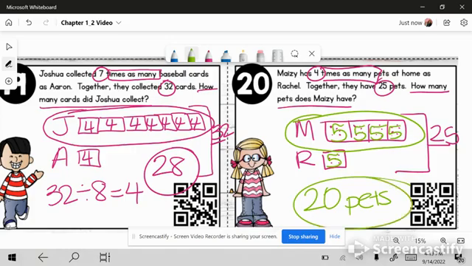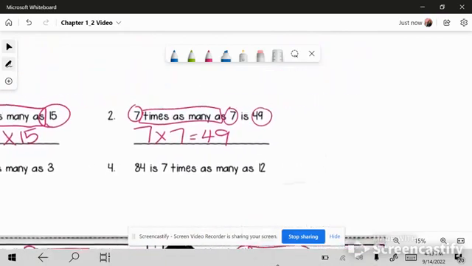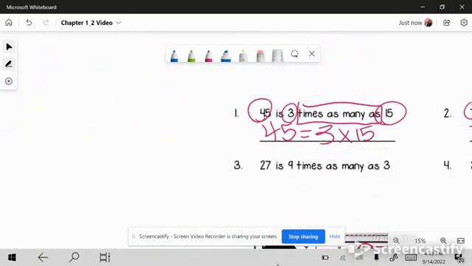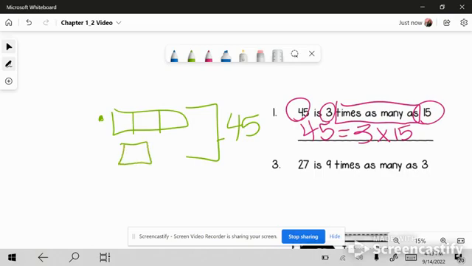All right, I'm going to flip back up here real quick just to show you how this would look up here. I'll go to this one. If we were looking at this problem, we would have 45 on the outside on our brackets. In each of our boxes, we would have 15. So here's how that would work. Because this thing is 3 times as many as this one thing, then that has, let's just